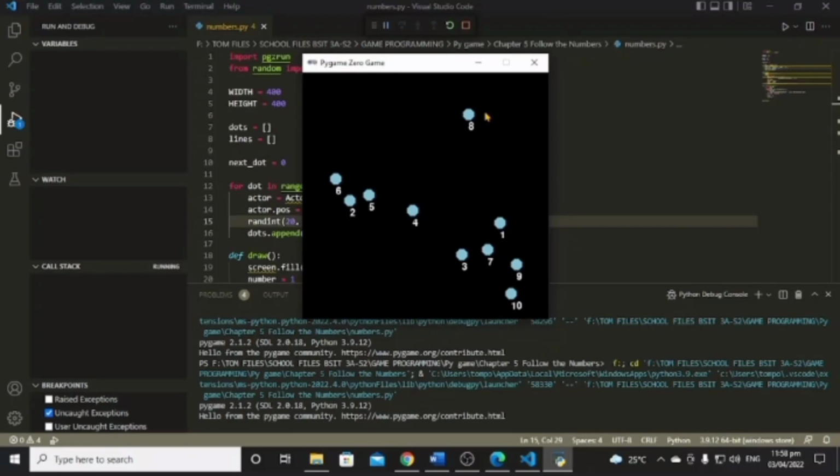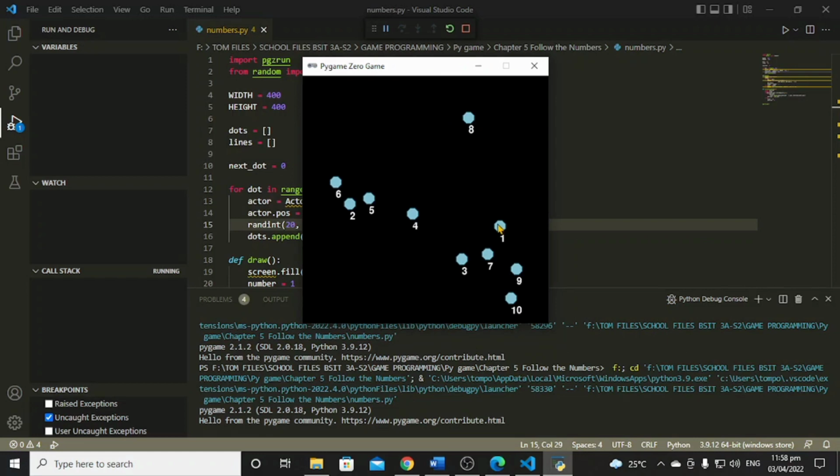This is our presentation of the game we made based on the activity that was posted to our LMS. We have here the game Follow the Numbers. In this game, you need to connect all the numbers that appear on the screen in the correct order. If you make a mistake, all the lines will automatically disappear and you will have to start from the very